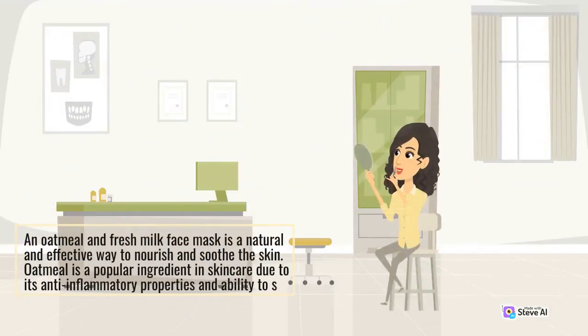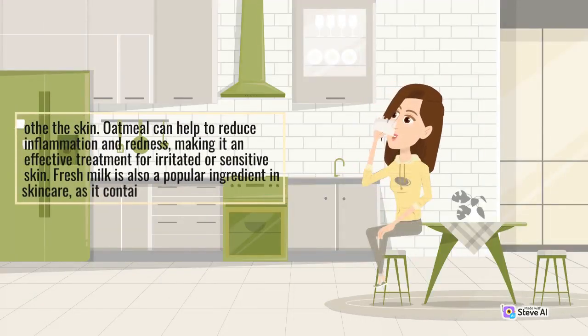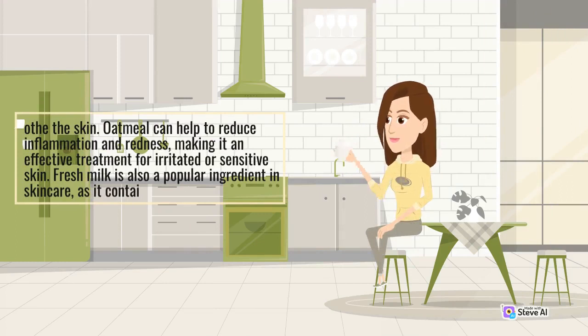An oatmeal and fresh milk face mask is a natural and effective way to nourish and soothe the skin. Oatmeal is a popular ingredient in skincare due to its anti-inflammatory properties and ability to moisturize the skin. Oatmeal can help to reduce inflammation and redness, making it an effective treatment for irritated or sensitive skin. Fresh milk is also a popular ingredient in skincare as it contains